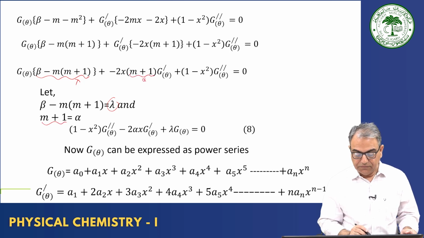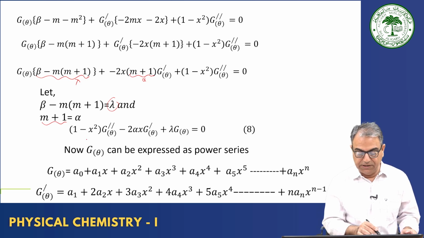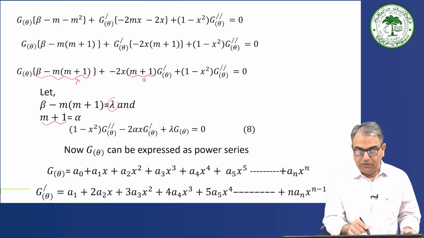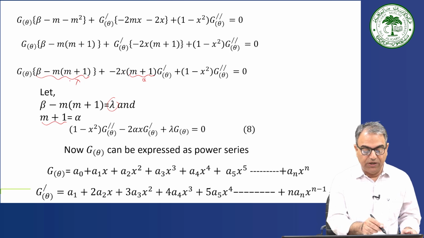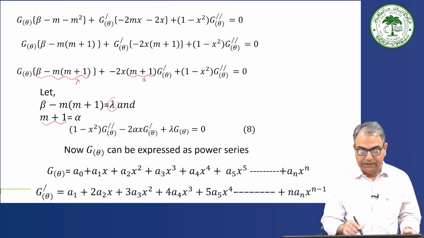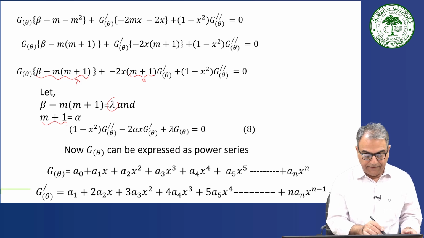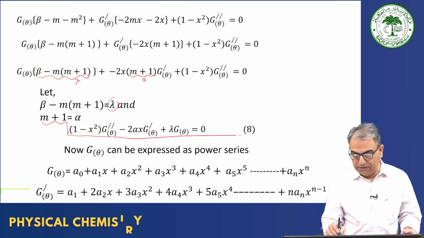So what can we write? We can write 1 minus x square g double prime theta. The last term is the first term in this equation number 8. Then you have minus 2 alpha x g prime theta, and then you have lambda into g theta. So double differential is the first term, then single differential, and then without differential of g theta. Okay. So we get equation number 8,